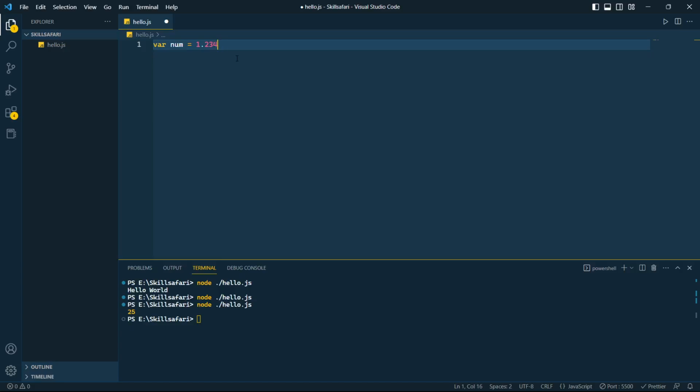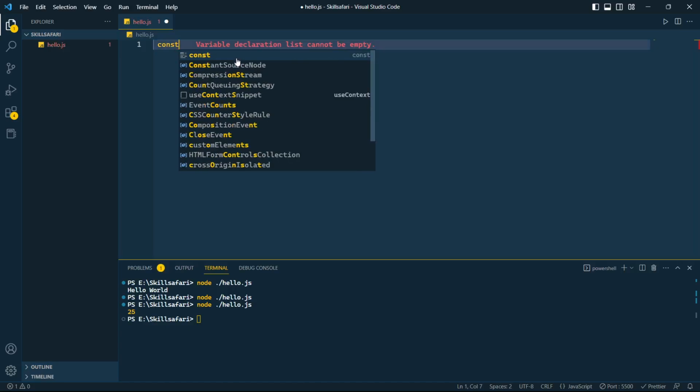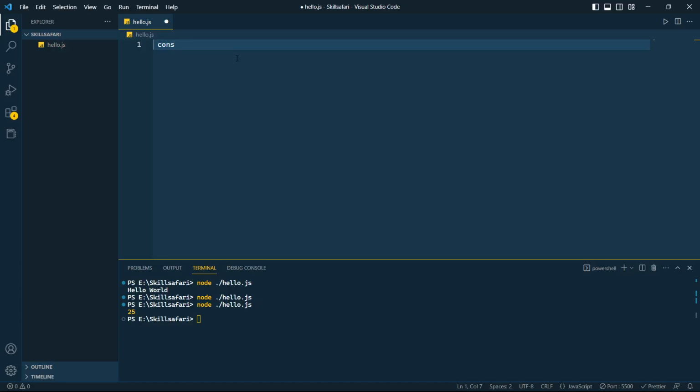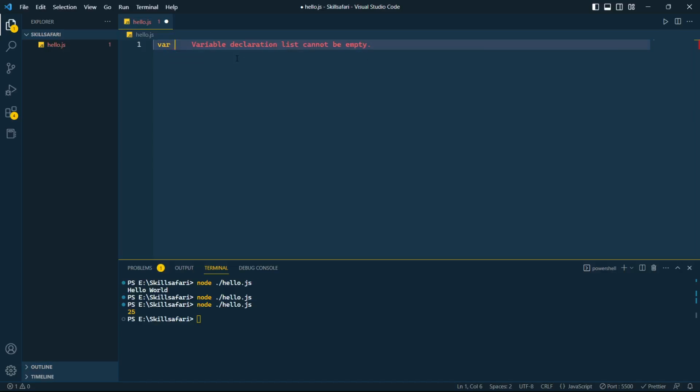So primarily we have some data types along with some restrictions. And if we write var, like name, let's say Rahul, it is a global variable.